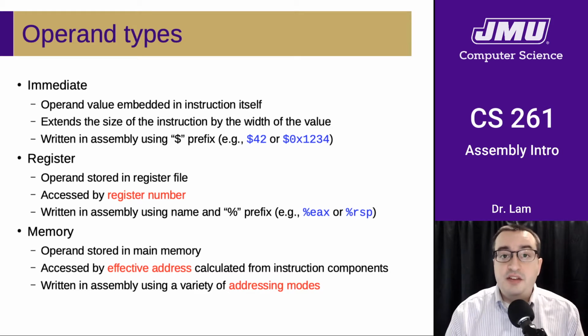The effective address of a memory operand is the actual final address that we're accessing, which may not itself be directly encoded in the instruction. The instruction just contains enough information so that the CPU can calculate the effective address once the program is running. There are a bunch of ways of writing this, and all the different ways are referred to as addressing modes. Okay, so let's dive a little deeper into register and memory operands.